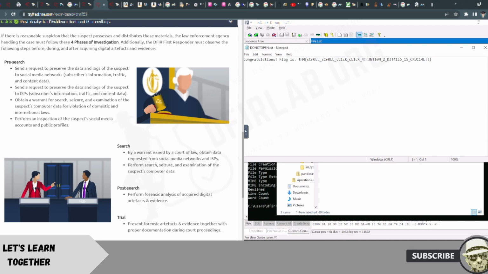Perform an inspection of the suspect's social media accounts and public profiles. Search by warrant issued by a court of law, and obtain data requested from social media networks and ISPs. Perform search, seizure, and examination of the suspect's computer data. Perform forensic analysis of acquired digital artifacts and evidence. Preserve forensic artifacts and evidence with the proper documentation during the court